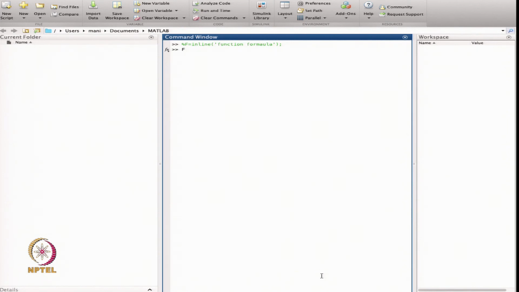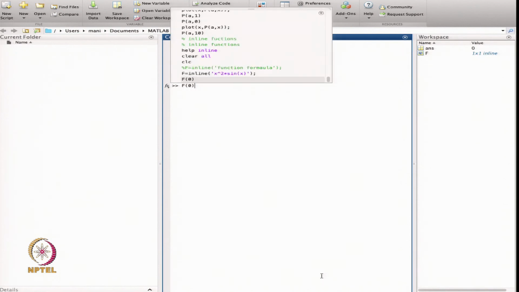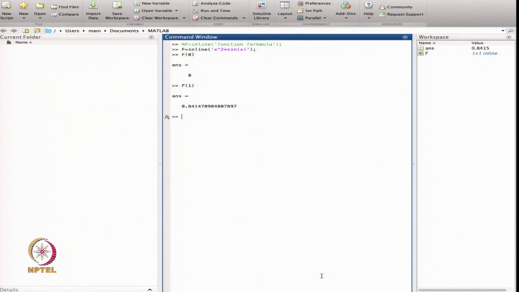Now, suppose I define f is equal to inline, maybe I define x square multiplied by sin x. So, this is the function I just defined. That is my capital F. Now, I can find what is the value of capital F at 0, or what is the value of capital F at 1. All the values we can put the same way we have defined the anonymous function, the same way we have defined the inline function. Suppose I want to give the value of the function,